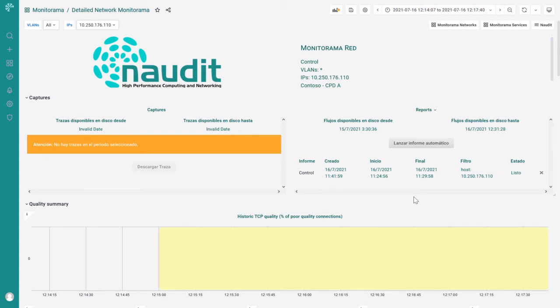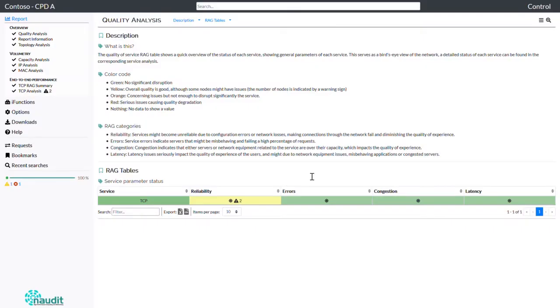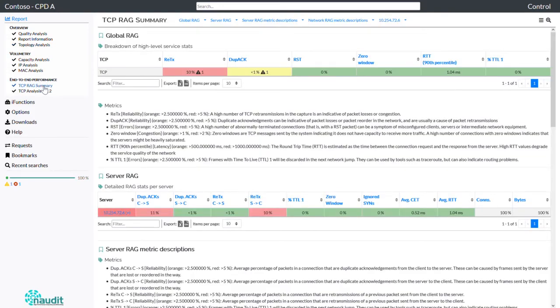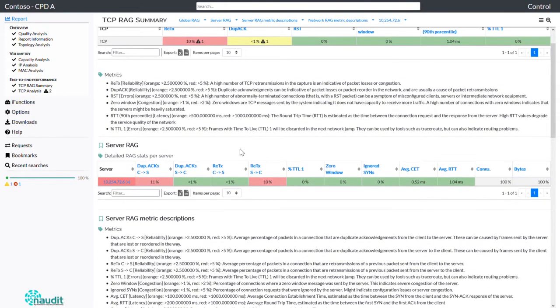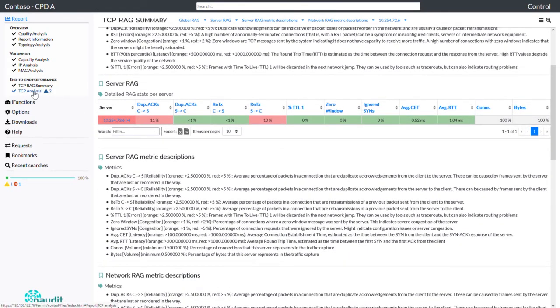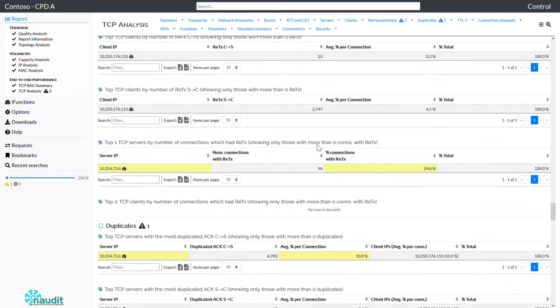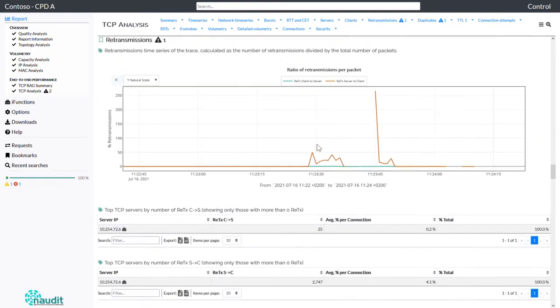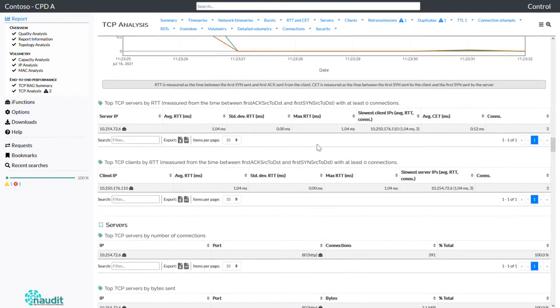In fact, if we click on this case I have prepared, here we could see, indeed, that in that control network of the fictitious company Kintiso, its main data center is having reliability problems in TCP, and in this case we could see these problems noticed before, and even a much more detailed analysis, with many graphs that give us completely relevant information about the IP addresses that are causing the problem.